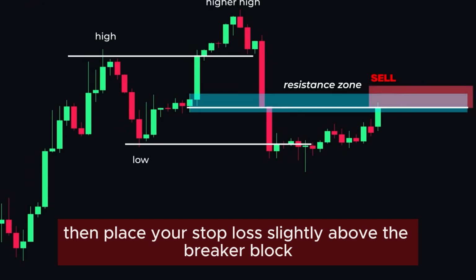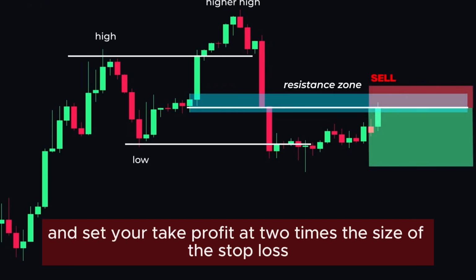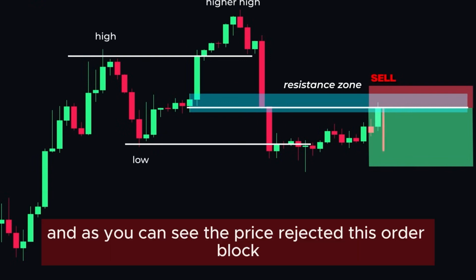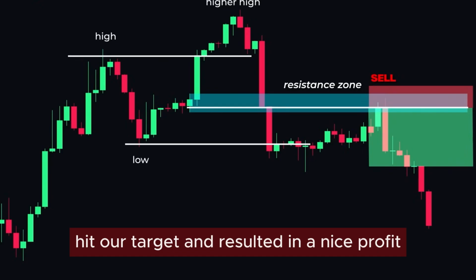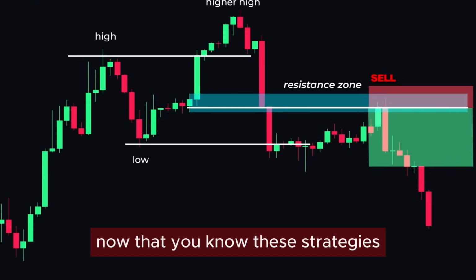Then, place your stop loss slightly above the breaker block and set your take profit at 2 times the size of the stop loss. And as you can see, the price rejected this order block, hit our target, and resulted in a nice profit. Now that you know these strategies,